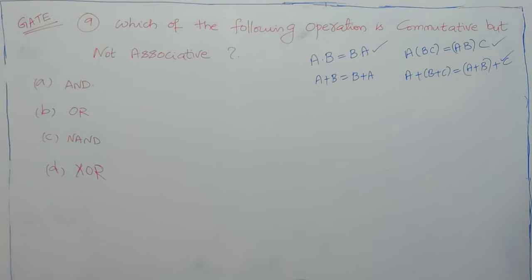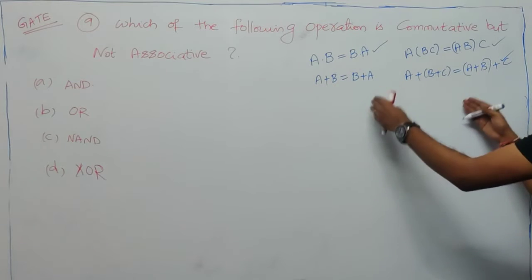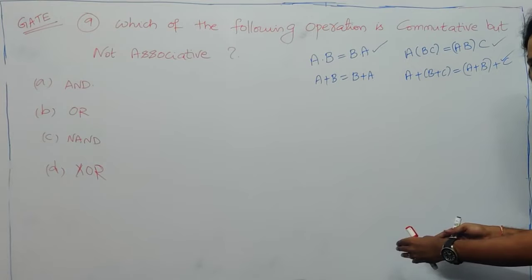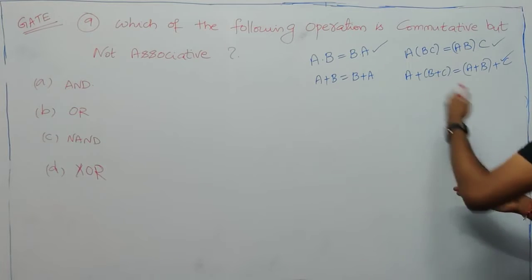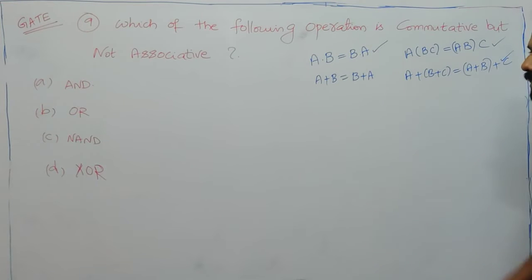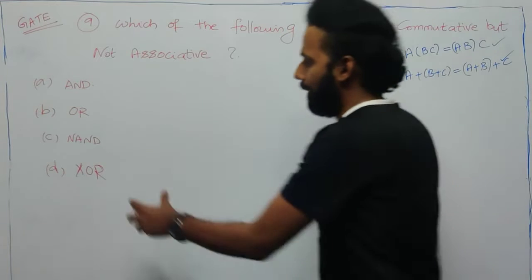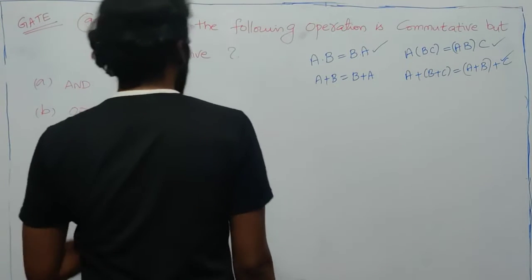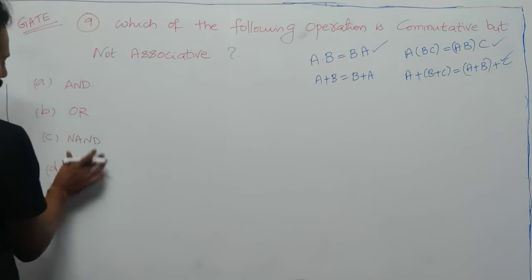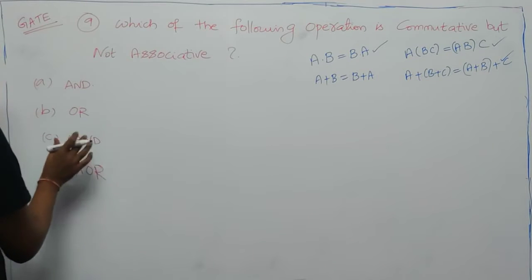So for that, what you are supposed to do? You take an ABC truth table and then you can do it. I am just giving it as an exercise. You can get it. Now what about NAND? What about XOR? These two we will take and then deeply we will involve in this.